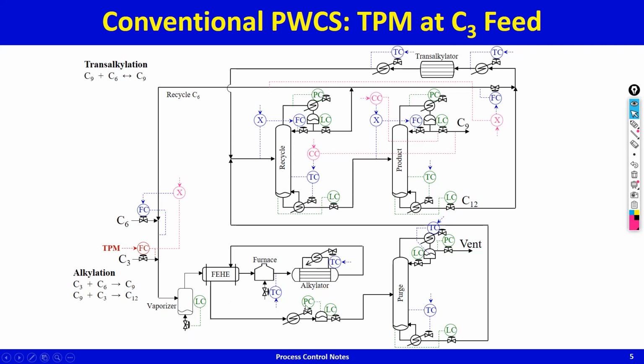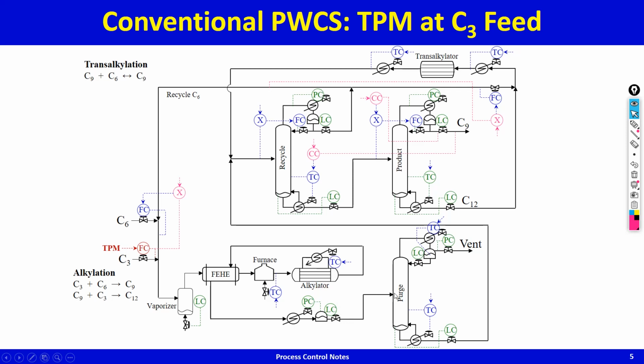Because you are putting in more stuff, if you don't condense it, the pressure of the gas loop will keep going up. So to maintain the pressure, you will increase the cooling, and therefore the cooling will make sure that the pressure remains where it is supposed to remain. As more gets condensed, this level increases. As this level increases, more feed goes into the column.